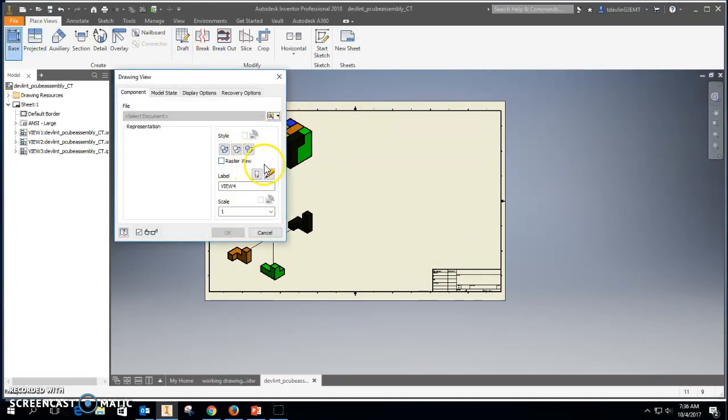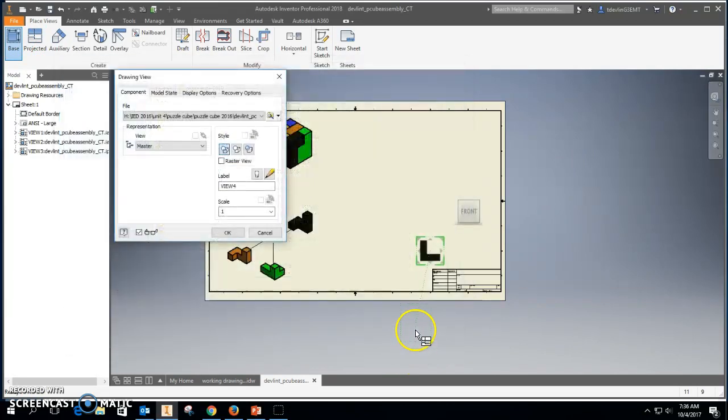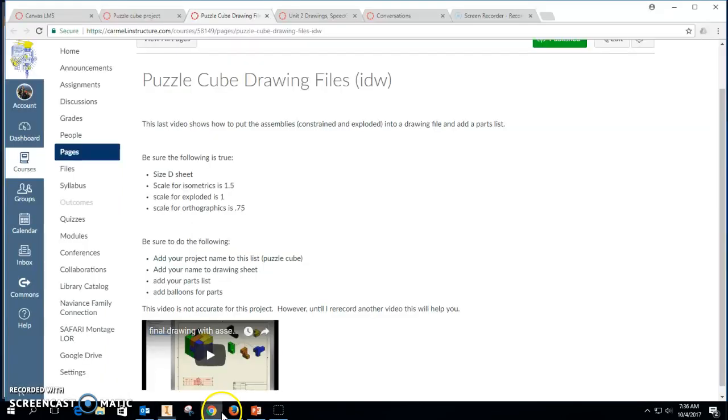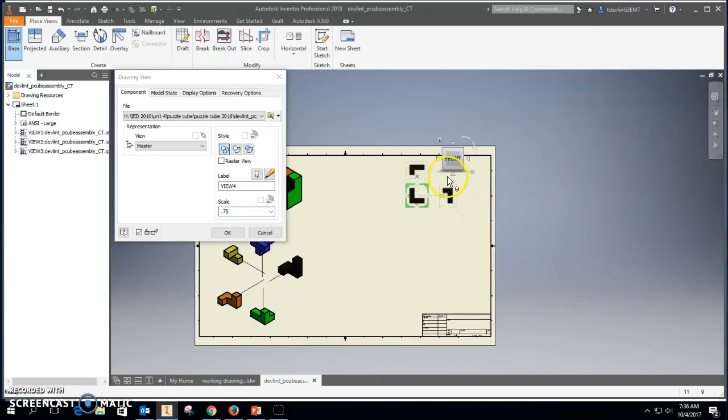So I'm going to click on base again. Click on the magnifying glass. Find my first piece. Click open. And we're going to move this up to the top. And the scale for these is 0.75. We'll put our scale as 0.75, and we do not want these shaded, but it's going to start with our front view. If you notice that green line, that means it's in line. There's our side view, top view, and